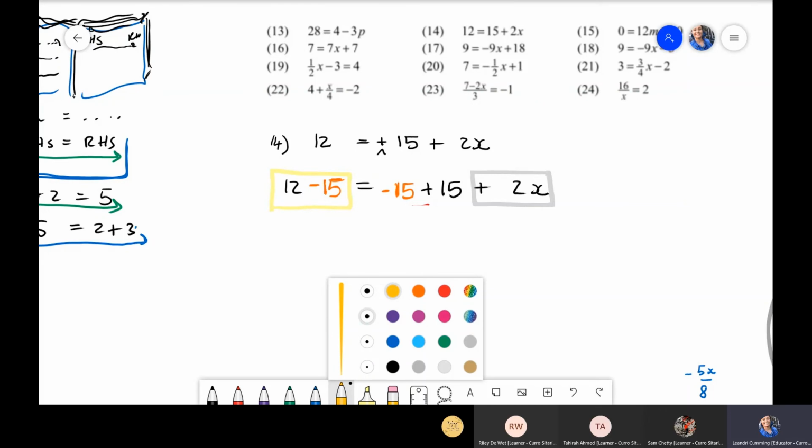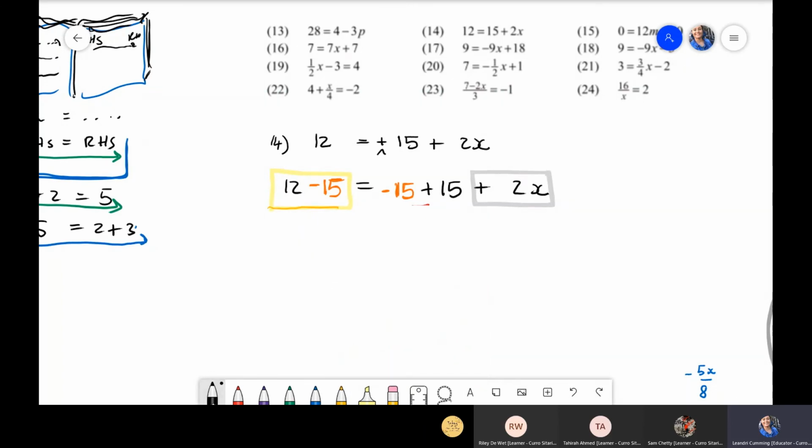We must make sure that we're applying them in the correct context, okay? So this is 12, take away 15. 15 is greater than 12 and there's a negative there, which means my answer will be negative 3, okay? But it's equal to, now what do I get here is I get 0 and I have a positive 2x